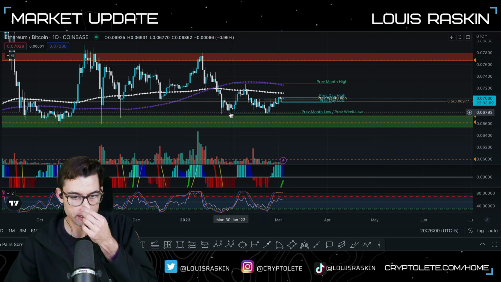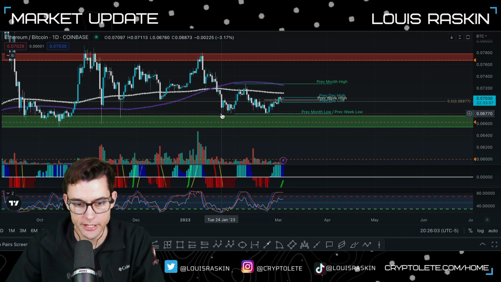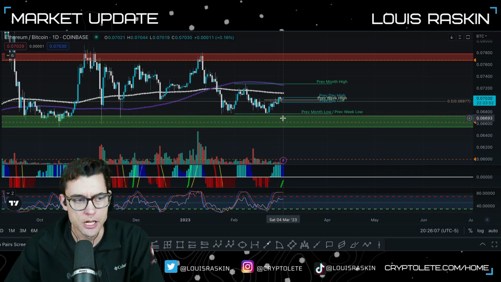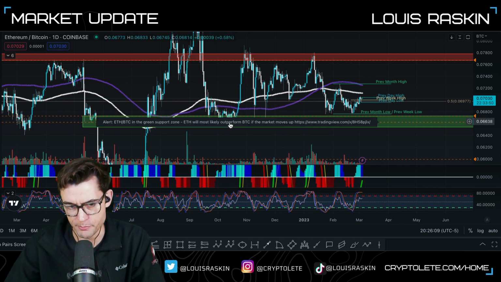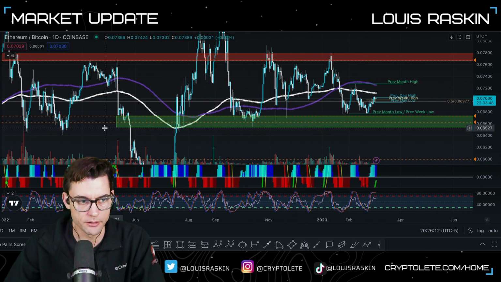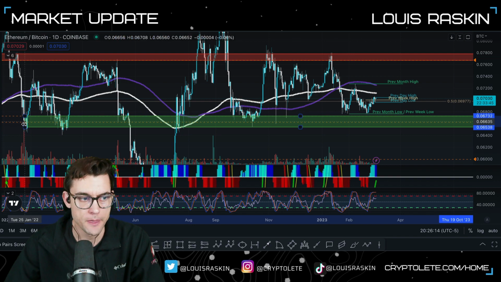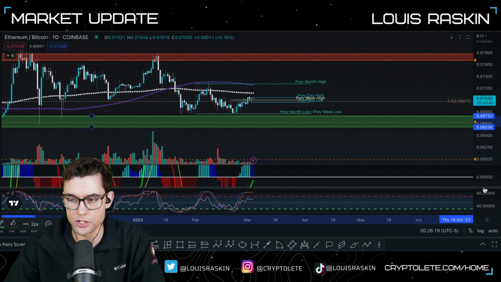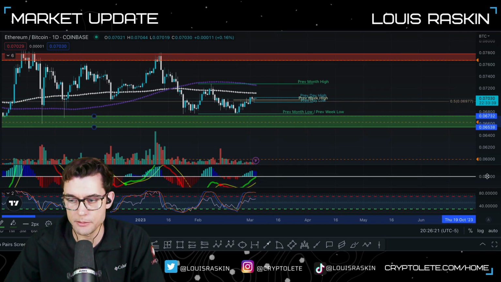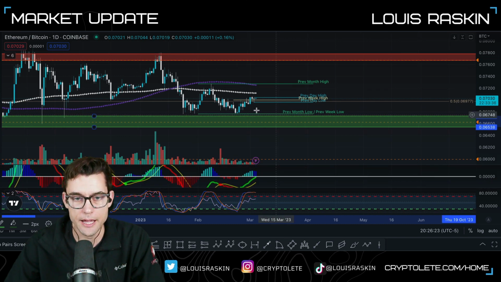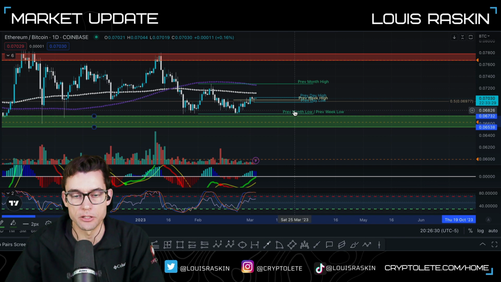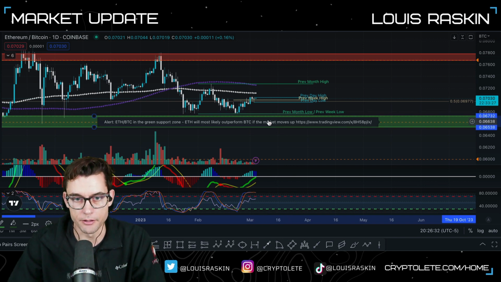So before the January lows, or below the January lows, that's what I was looking for. Didn't happen. And that was also this big area of support and demand. This goes back quite far, right? So I'm looking at this, and to me, Ethereum against Bitcoin is already pretty high. It maybe goes up here, but I only have two areas where I really want to trade Ethereum against Bitcoin or Bitcoin against Ethereum, which is this area right here and this area right here.